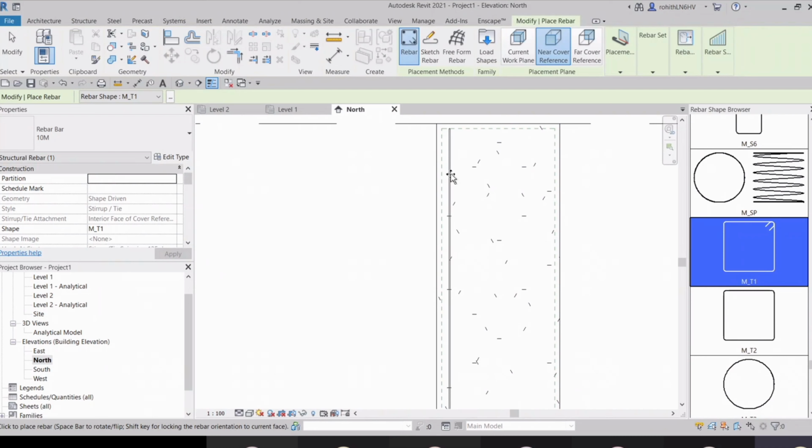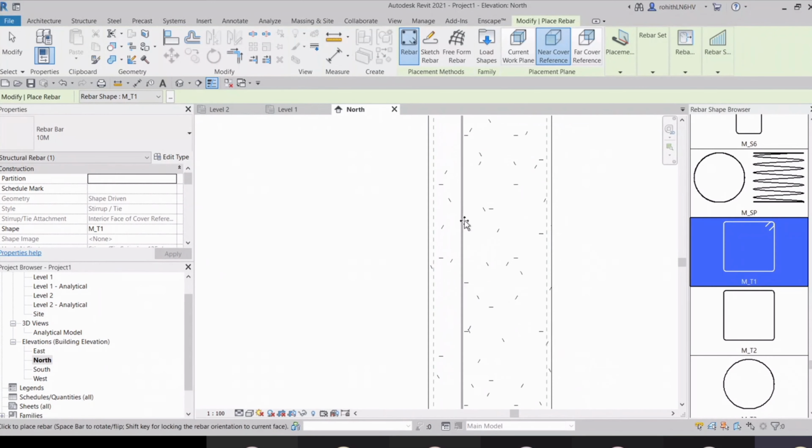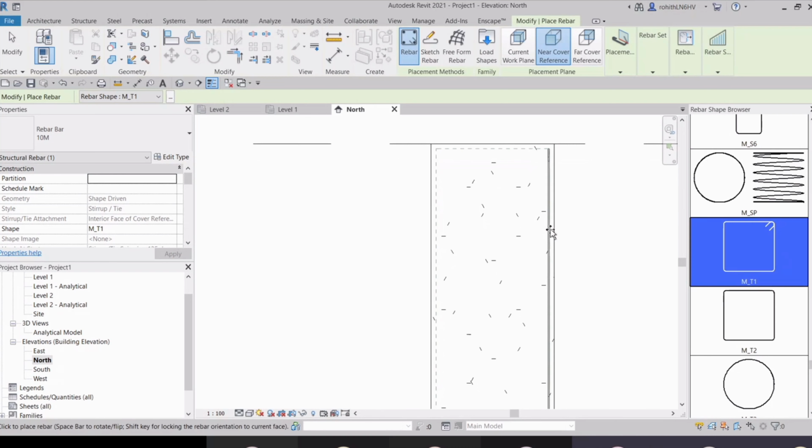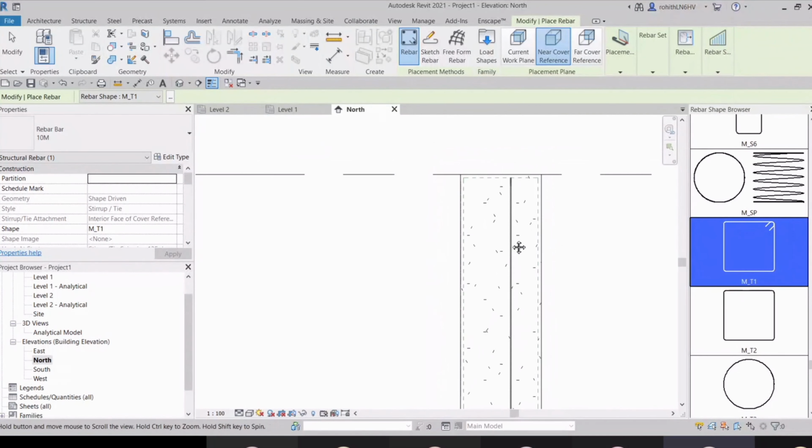Did you get it? So I have this cover horizontally at the bottom, at the top, and this side also the vertical cover planes. Sir, it means the four sides are also covered?